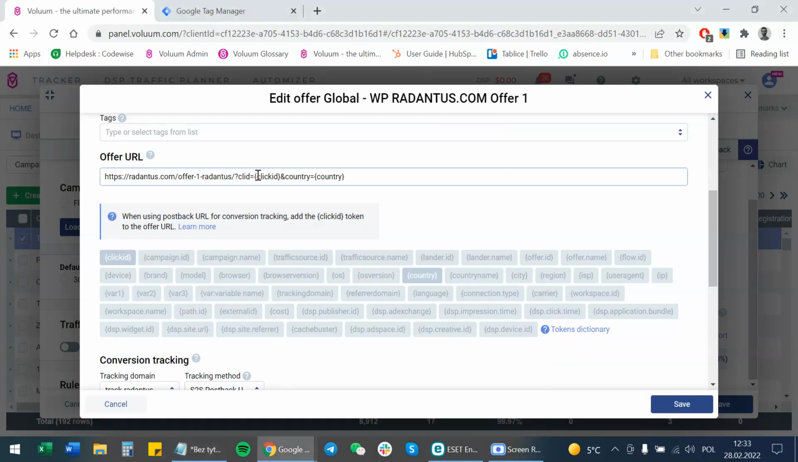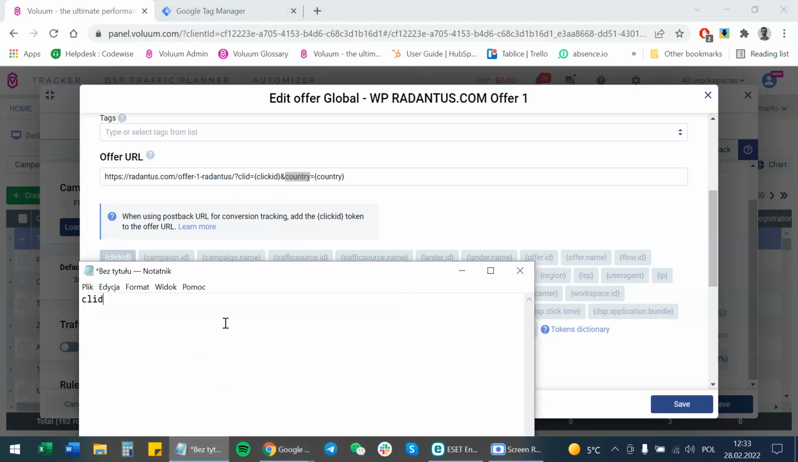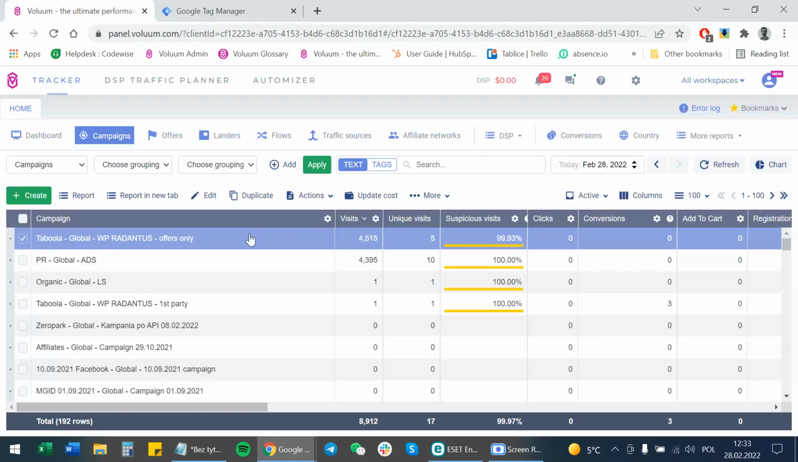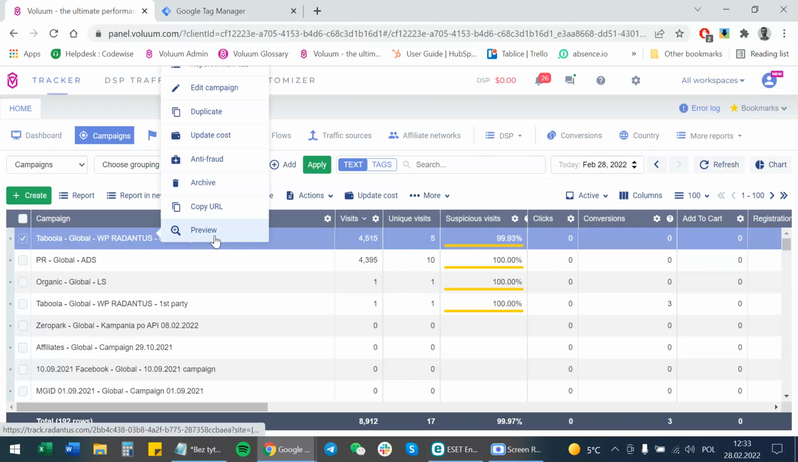And I have mapped it with the dynamic token for the click ID value, so the unique ID generated with each visit. And the second parameter is the country, and it dynamically passes the country token of the visitor to my destination offer URL. So now I have saved it, and you can see that once I go through the campaign